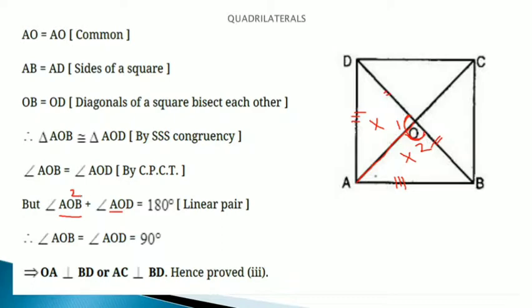So this is 2, this is 1. Their sum is 180 degree because they are making a linear pair. And as both are equal, so each should be of 90 degree. So what we have shown that this angle is of 90 degree. Similarly, we can show this angle and this angle is of 90 degree. So all the four angles are of 90 degree. So what we have shown, the diagonals are equal and diagonals bisect each other at 90